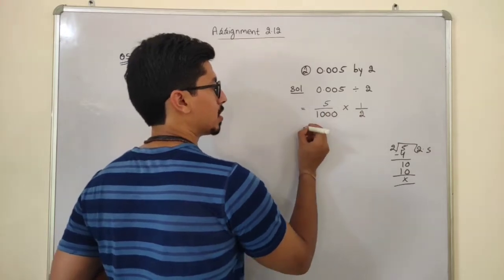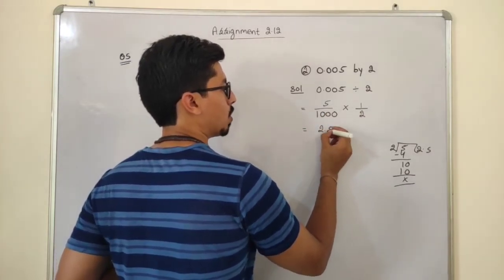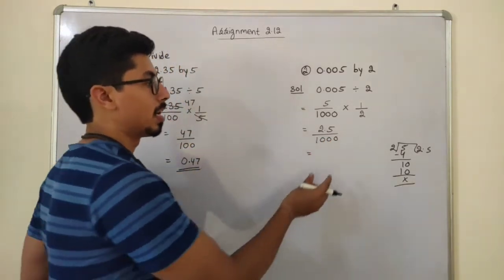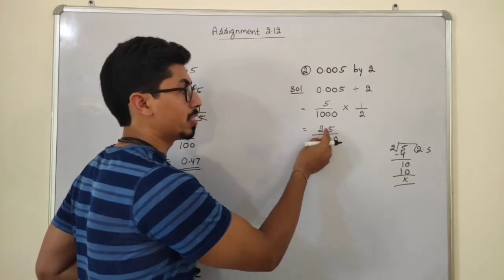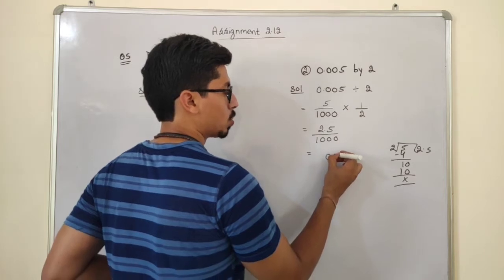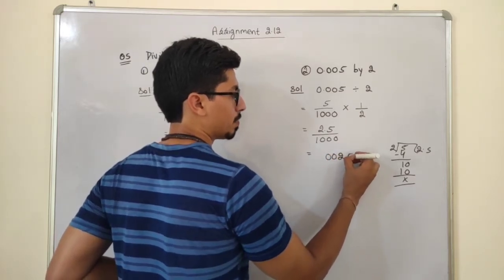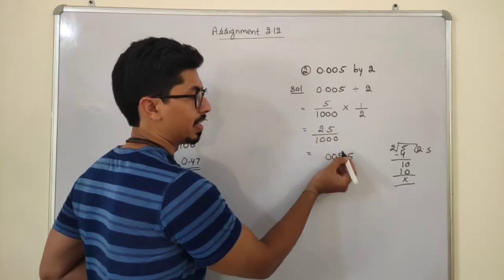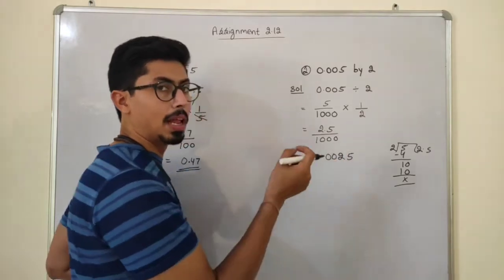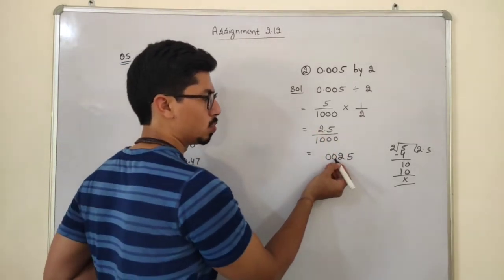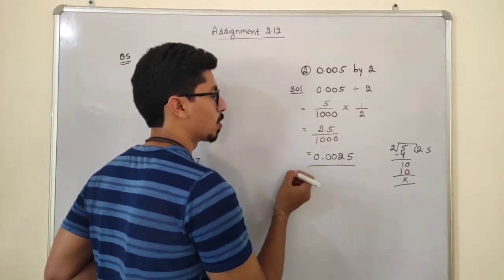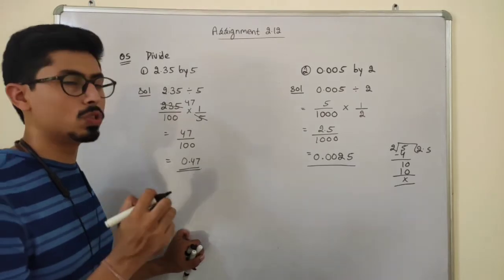If I divide this by this, it will be 2.5 now, upon 1000. So now in denominator we have 3 zeros. So I have to just shift the decimal before 3 digits. So already 1 digit is there. So I have to put 2 extra zeros. Okay. Now see, decimal is here now. After removing these zeros, I have to shift the decimal before 3 digits. So 1 digit, 2 digit and 3 digits. So the answer is this. Or I can just simply write it like this. Okay students. So the answer is 0.0025.